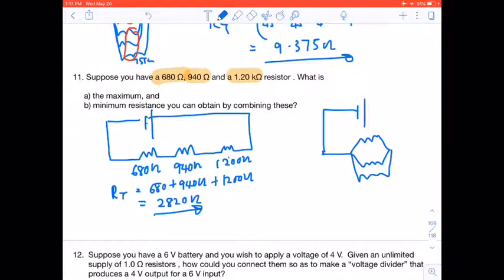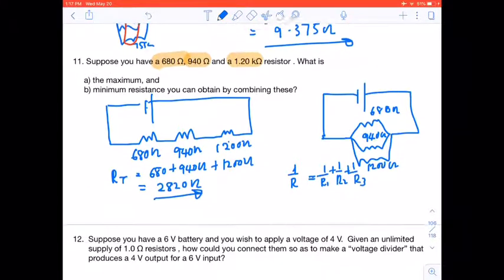Alright, so that is 680, that is 940, and the other one is 1200 ohms. Okay, so that's 680 ohms. So we know 1 upon R total or R parallel is equal to 1 upon R1, if we call the first one R1, plus 1 upon R2 plus 1 upon R3, okay, which would then mean